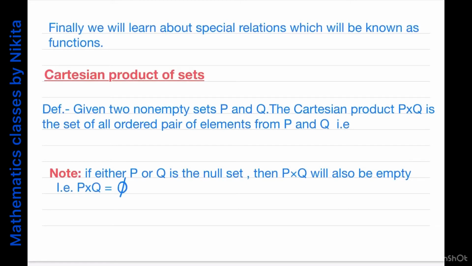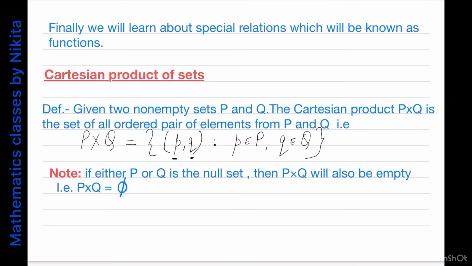So mathematically, we write this set as follows. This is a set which is formed from two sets P and Q. So P cross Q is the set of all ordered pairs, of the form P comma Q such that P is coming from capital P and Q is coming from capital Q. So this is the set P cross Q. Very important: if you are writing P cross Q, then the first coordinate should come from capital P, and the second coordinate should come from the set capital Q. Got it?